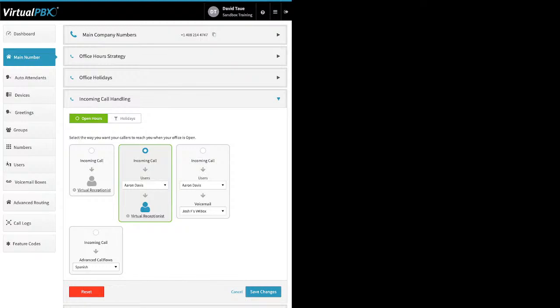So call comes in, in this case I'm offering it to Aaron, and then it's going to the virtual receptionist. Now, we're still under open hours, so that virtual receptionist has the same settings that we were just looking at. So the main thing you're looking at here is who are you offering the call to, right? So you can offer it to any user, you can offer it to a call queue, you can offer it to a device,